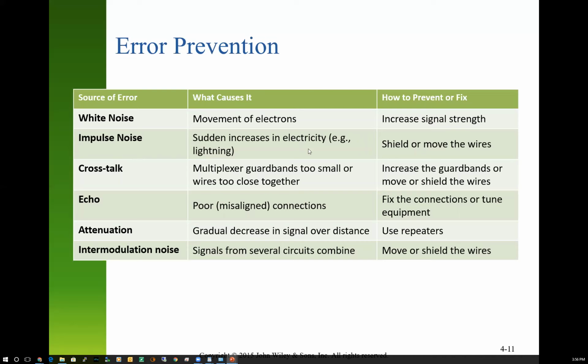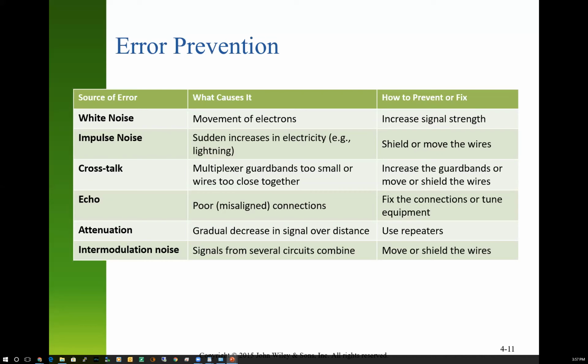Impulse noise, that's a sudden increase in an outside signal, such as lightning, or somebody turning on a drill, or some other radio frequency generating device, which causes a quick burst of energy or quick interference of radio waves. Lightning is the best example of that.